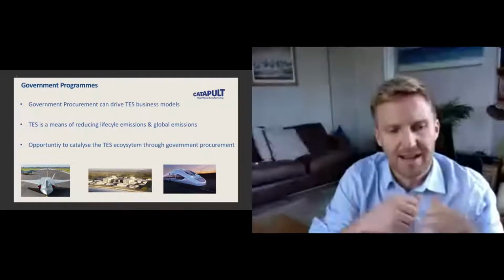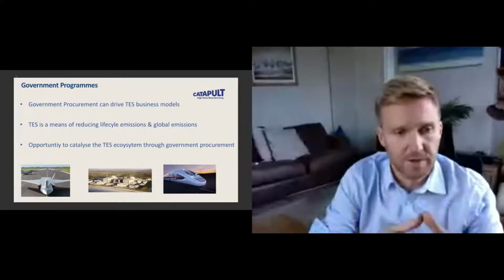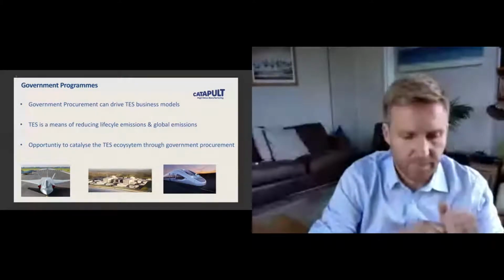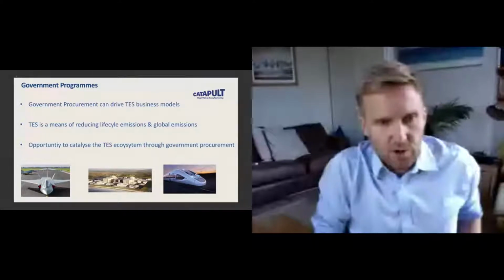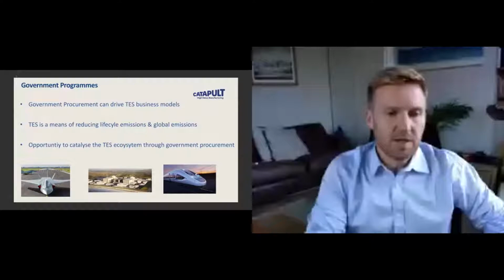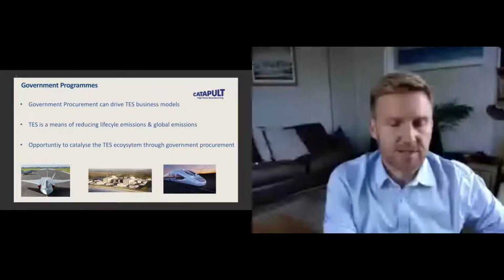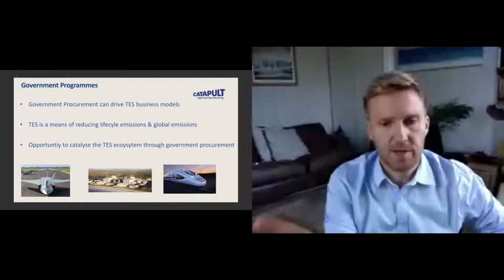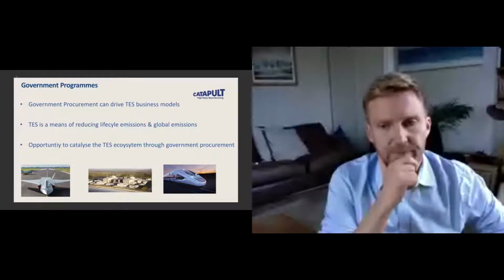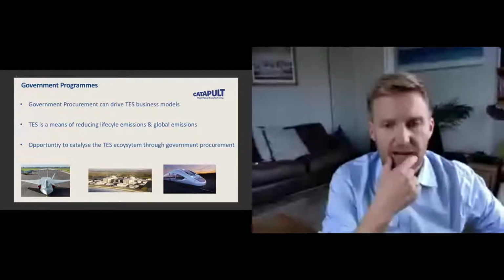So much of the assets or infrastructure we've talked about are going to be government procured. Certainly defence assets, not obviously associated with sustainability normally, but actually with huge amounts of potentially large emitters throughout the life cycle. But certainly look at the energy infrastructure, whether that's going to be offshore wind contracts with agreed minimum base rates, whether that's going to be nuclear energy, but also our transport infrastructure. So programs like HS2 are already underway, but there's going to be other major regeneration programs in terms of rail